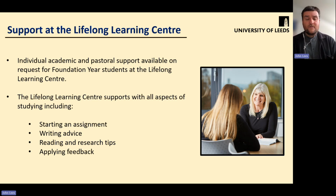As well as the support that we offer, we actually have physical spaces on the campus that you can access. We have 2 physical spaces at the moment: one just opposite the Leeds University Union, and one in the Marjorie Arnold Ziff building. They're quiet spaces where you can just come and get on with your work, and there'll often be lots of other people using those spaces as well, people who are studying foundation years and other programs. They're really nice places for you to study that you'll have access to for the duration of your studies, so not just while you're studying your foundation year, but when you progress on,